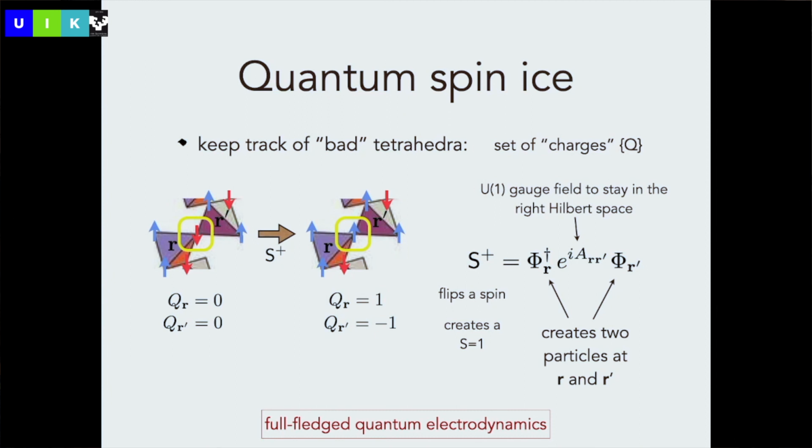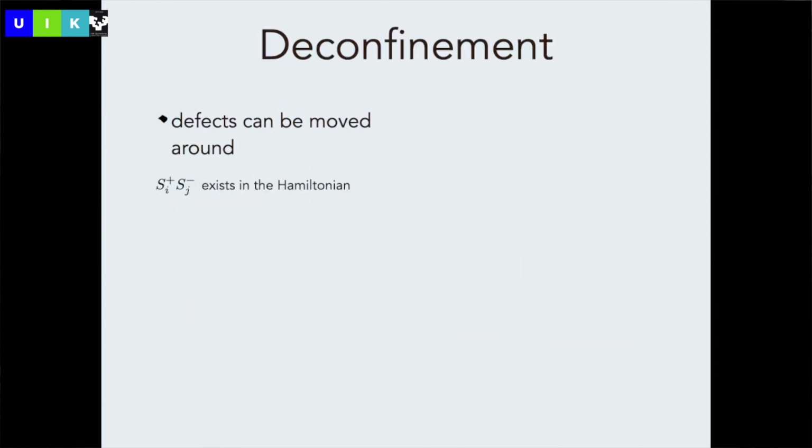But if you want to get the right result, the physical result, what is given to you by nature, you need some hint. And the advantage of quantum spin ice is you have a very good hint from the classical version. Okay, so this is how this decomposition is justified, and you end up with real full-fledged quantum electrodynamics